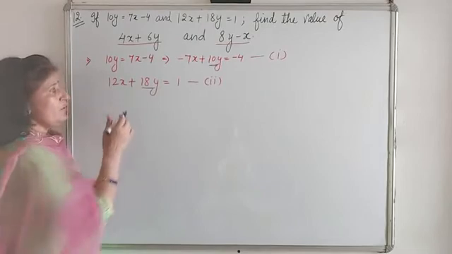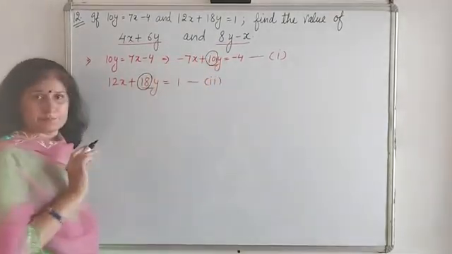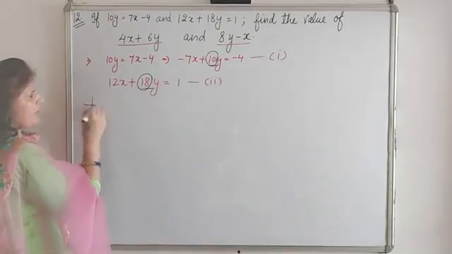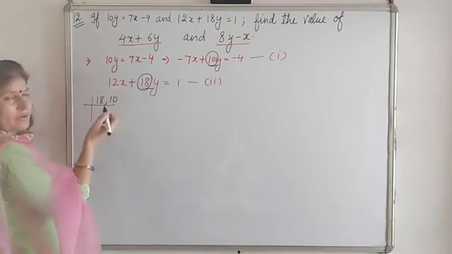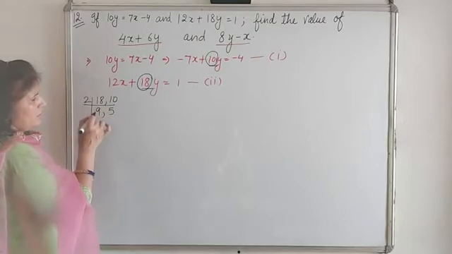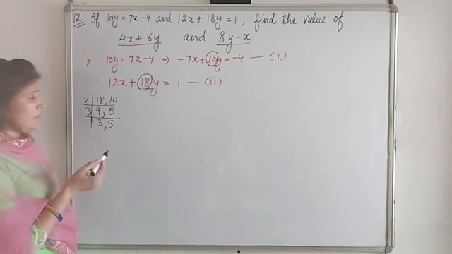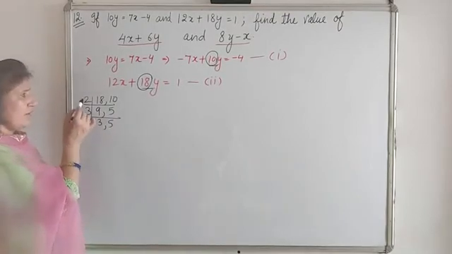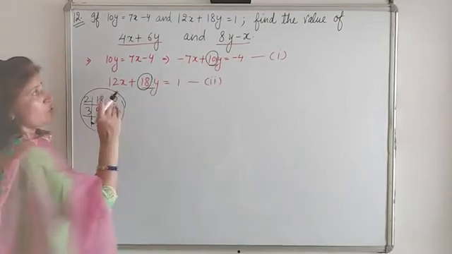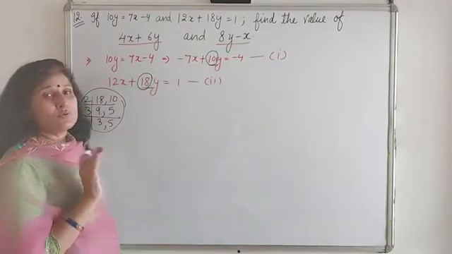Again I am telling you, you have to make these two numbers the same, 18 and 10. So in rough you can find out the LCM of 18 and 10. Like this only you are finding out. 3 3s are 9 and 5. Further, they don't have any common number. So 5 3s are 15, 45 to 90. So LCM is 90. The same I told you. So you have to make both the coefficients equal to 90.